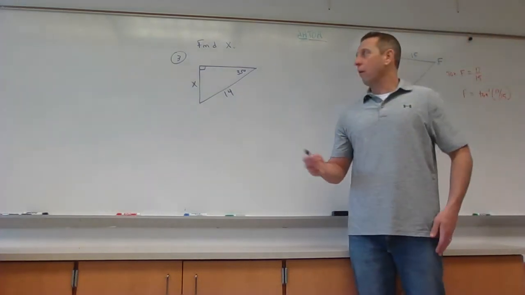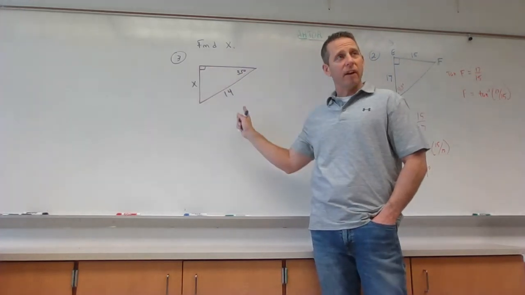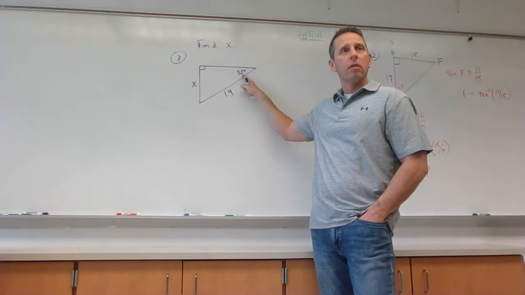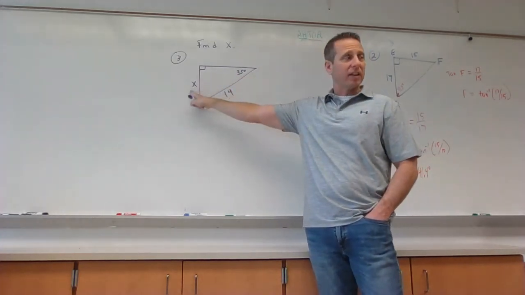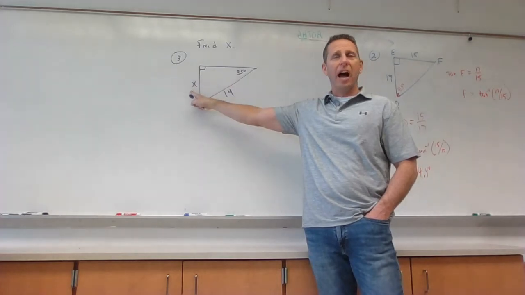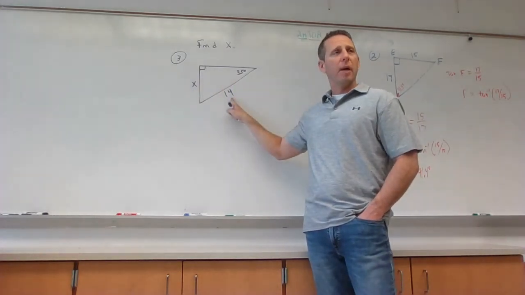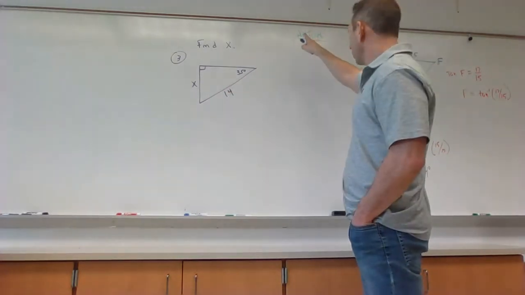Still, how are the sides that we're trying to find and given related to that angle? So 35 degrees, X is the opposite, 14 is the hypotenuse,